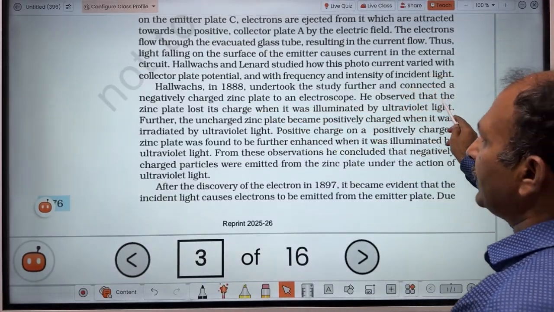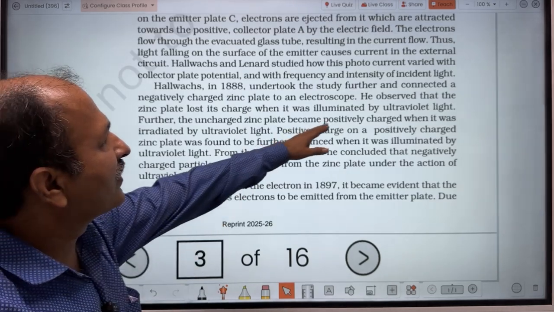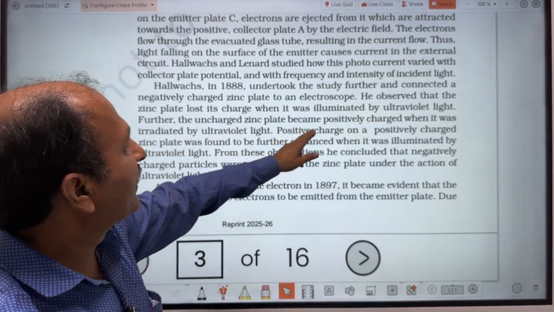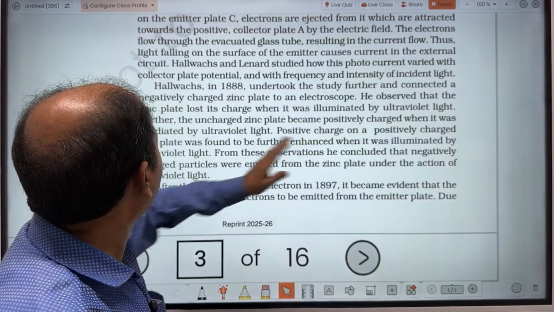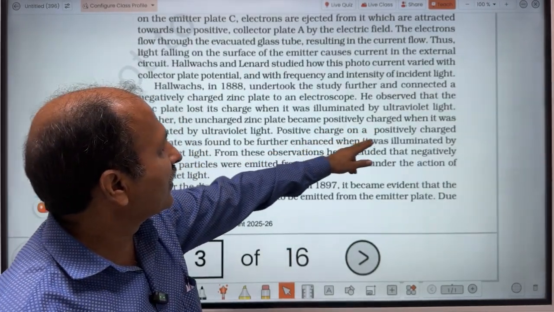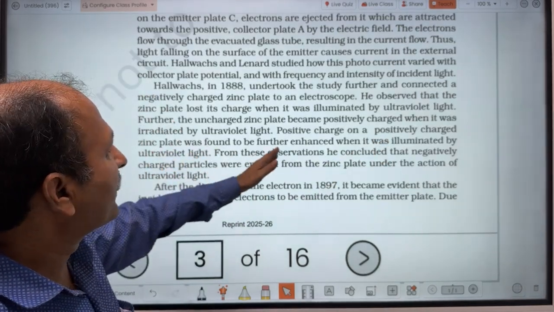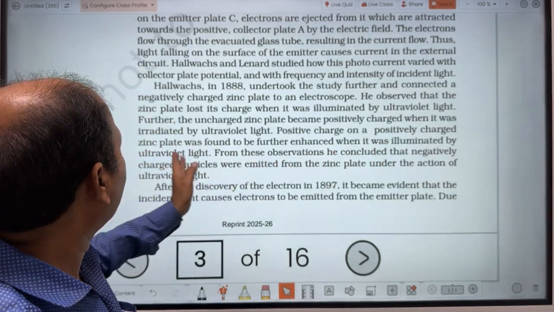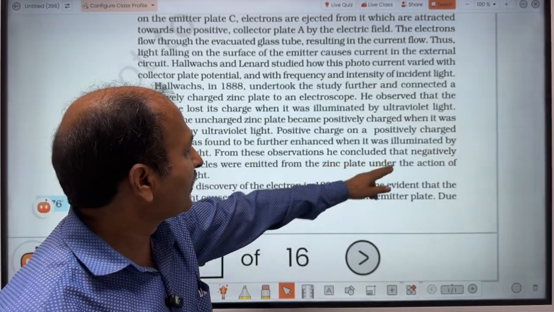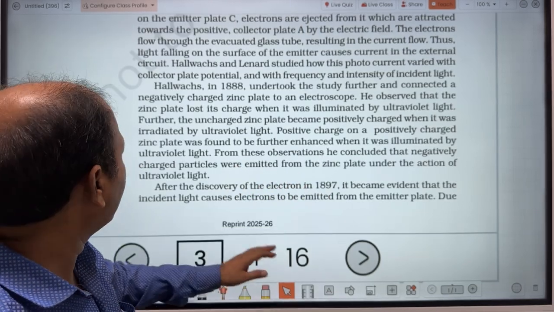He observed that the zinc plate lost its charge when it was illuminated by ultraviolet light. Further, the uncharged zinc plate became positively charged when it was irradiated by ultraviolet light. Positive charge on a positively charged zinc plate was found to be further enhanced when it was illuminated by ultraviolet light. From these observations, he concluded that negatively charged particles were emitted from the zinc plate under the action of